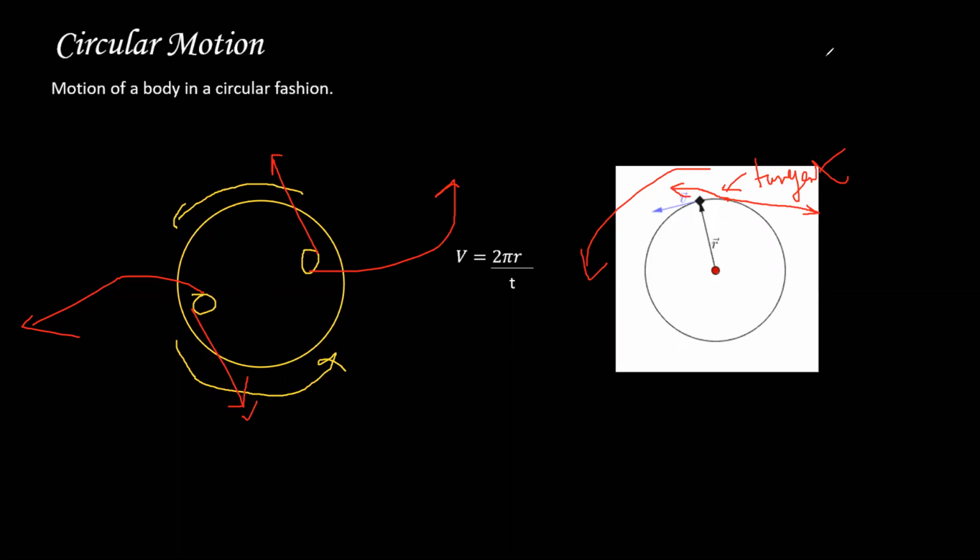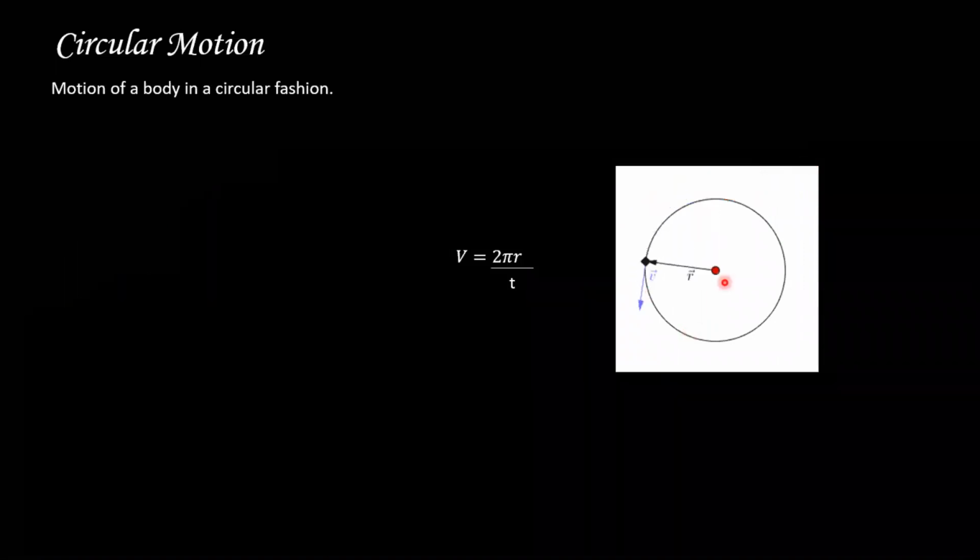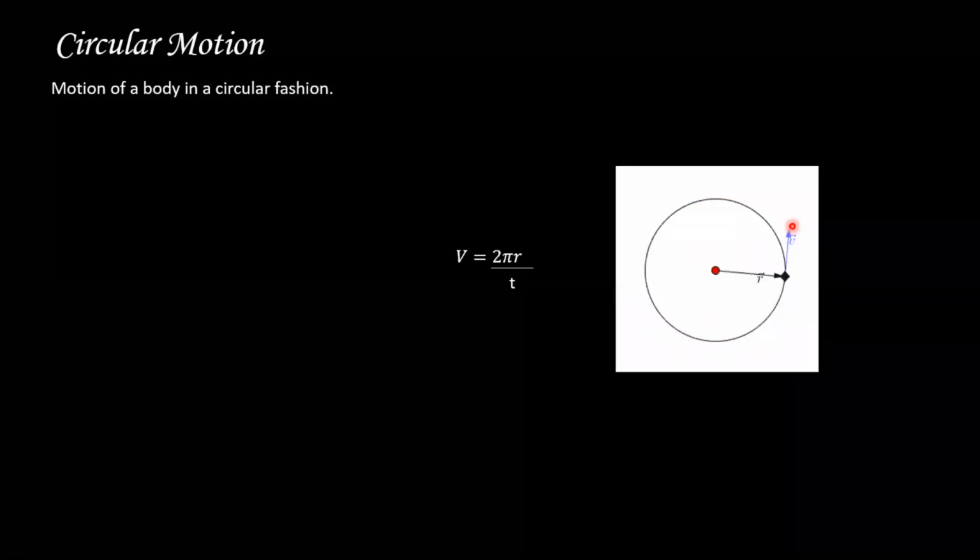So why am I telling you all of this? Because in circular motion, the speed of an object is the same, but the direction keeps on changing again and again. Why? Because, wait a minute, I'll play this GIF. Look over here, folks. The direction is changing. See, it's up, up, up. The direction of that object is changing continuously.